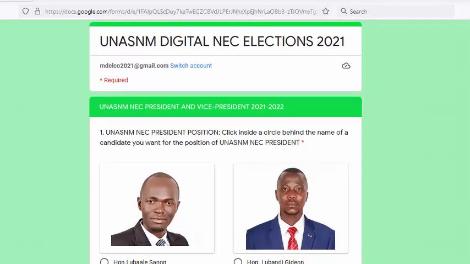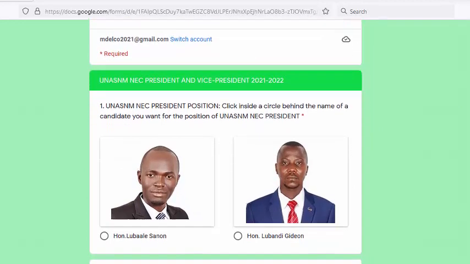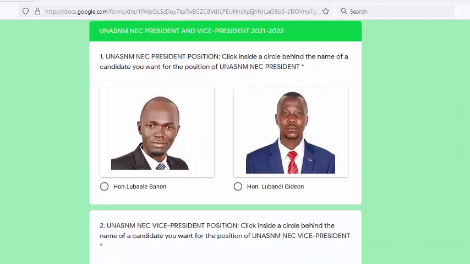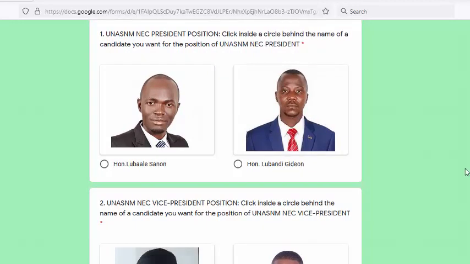First you will find the candidates for the office of the presidency, UNESNAM NEC 2021-2022. Choose the candidate of your choice. You can choose either this or this, any candidate of your choice.